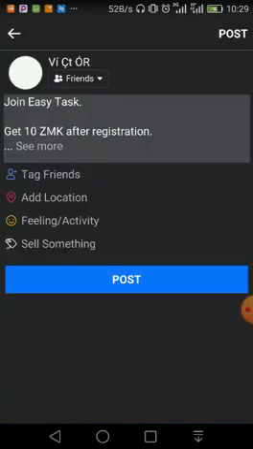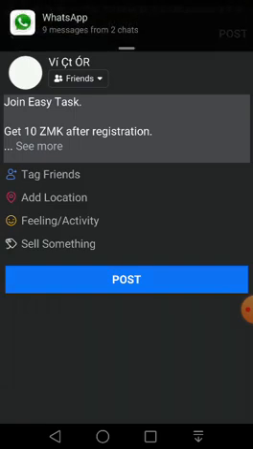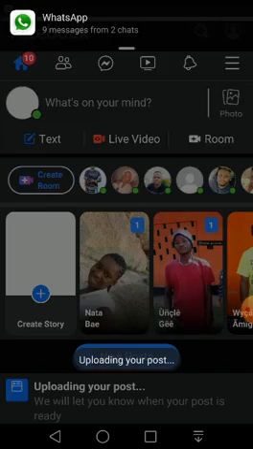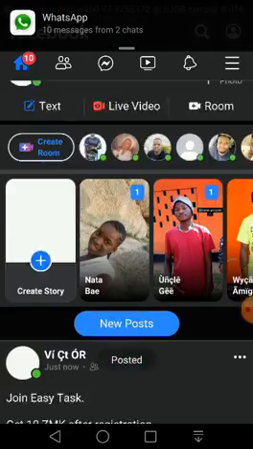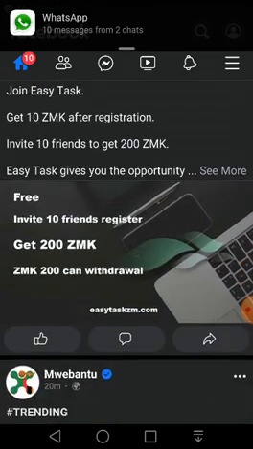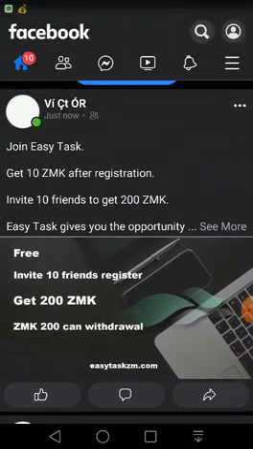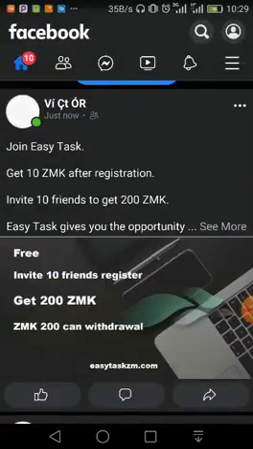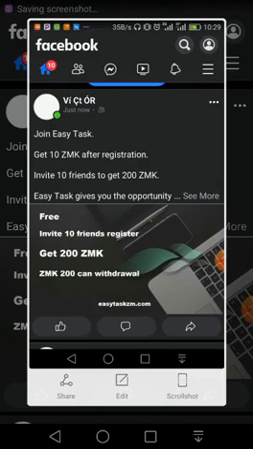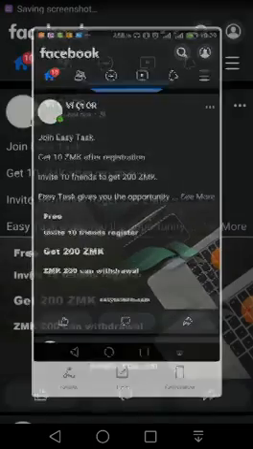So after you have done all that, guys, you just post. After it's done posting, as you can see, you're posting and there's no doubt about it. So after you're done doing that, you screenshot. After you're done screenshotting,